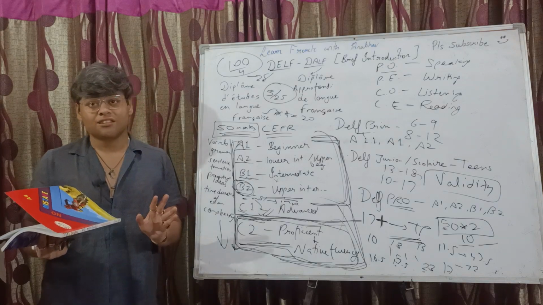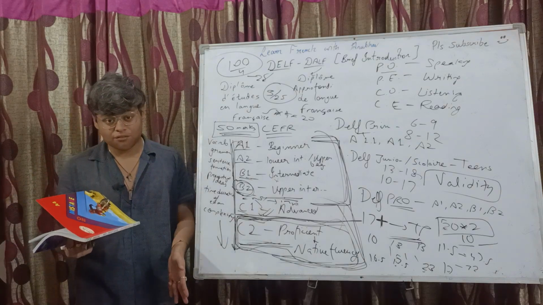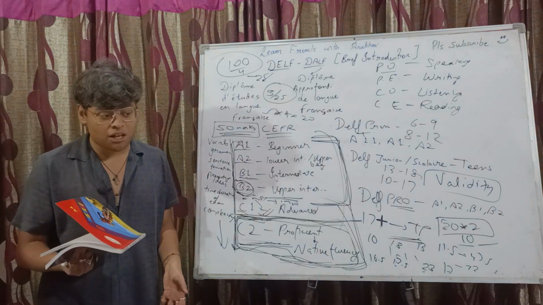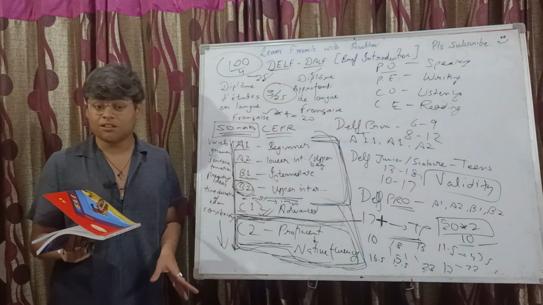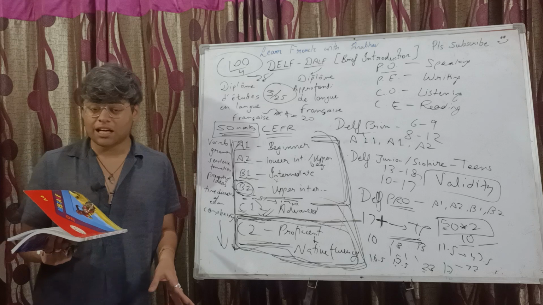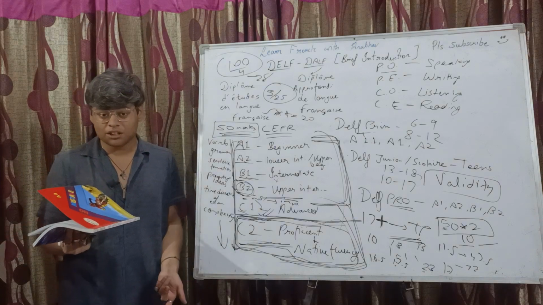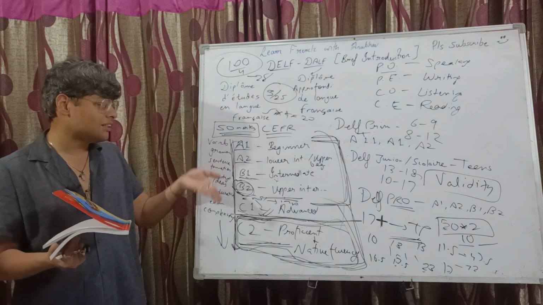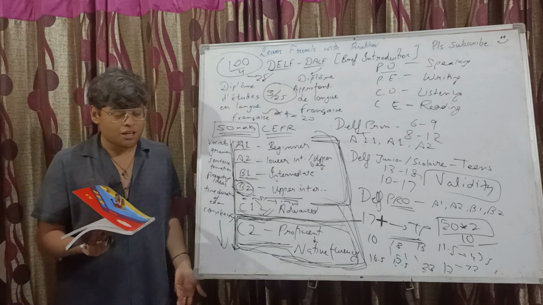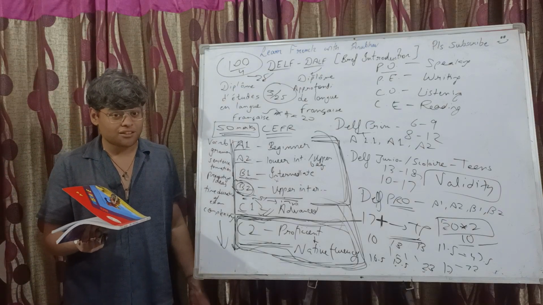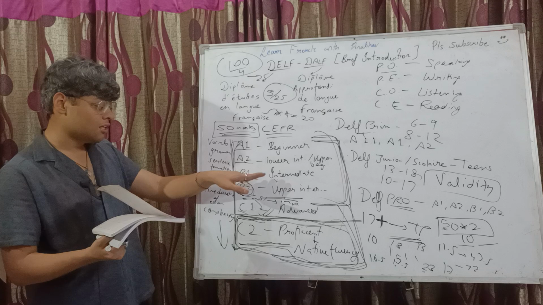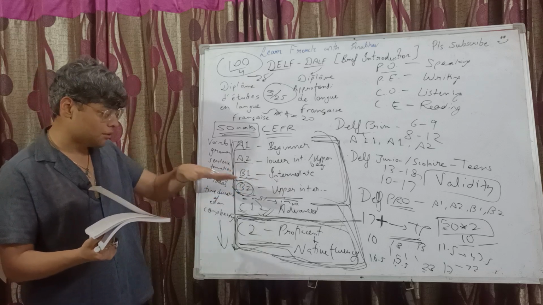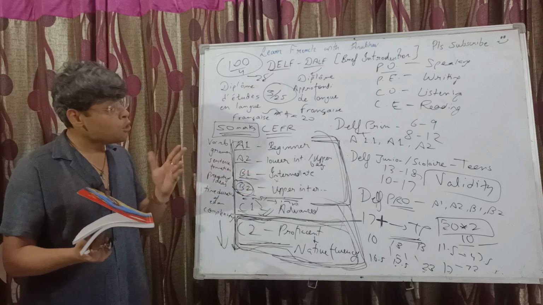If you have got, say, 85, 90 or 95 in your French boards, you are thorough with French vocab and grammar in that case. It's just that you need to do some examination practice and then you are easily clearing A1 and A2. In fact, B1 as well, right? B2 is a pretty high level, right? B2 you may not, you may.